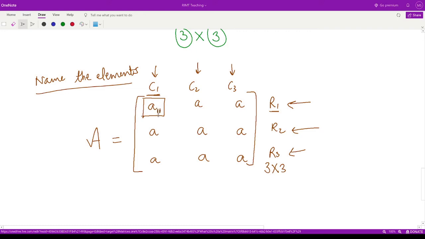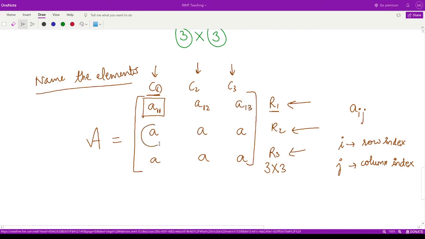We write a_ij, where i represents the row index and j represents the column index, right? In this case we have 1 and 1 because the row index is 1 and the column index is also 1. For the second element we have 1 for the first row and 2 for the second column, and here it would similarly be 1 and 3.